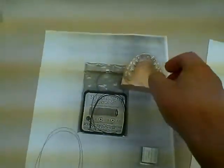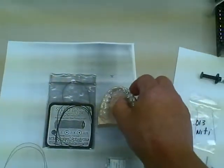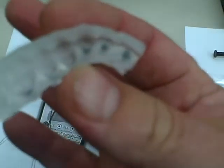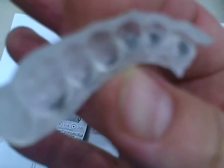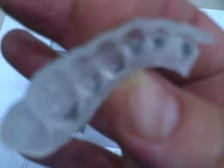Okay, Mark, here's your case. On a cast, it has a hard shell, a softer inner shell, and the brackets. It's in sections, so you want to pull off one section, one quadrant, and you can see on the back of that, brackets are already in, glue is already on the bracket. You now have a custom base for the back of your tooth, because all teeth are irregular on the lingual